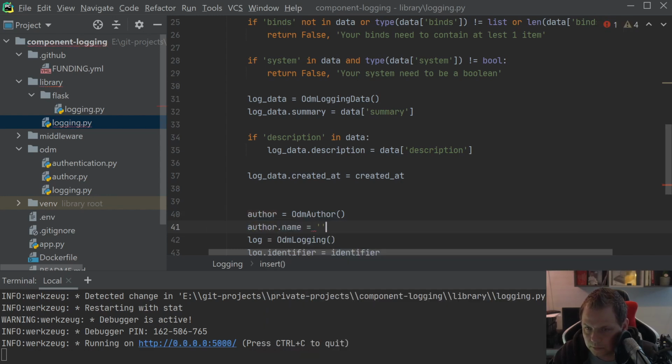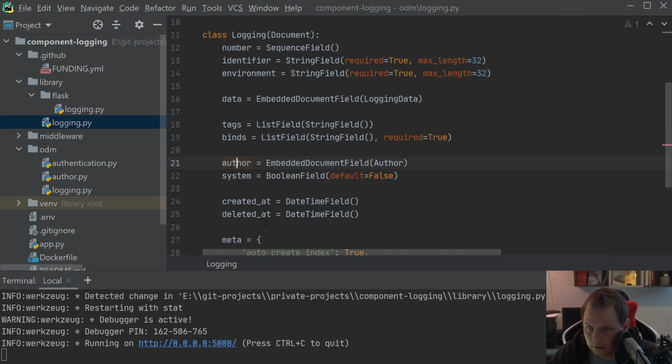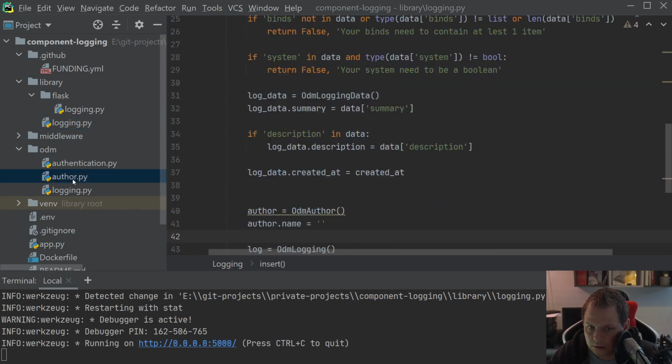Name, and just need this one, identifier,